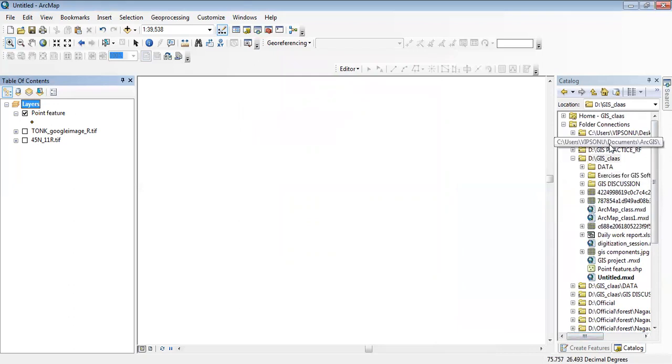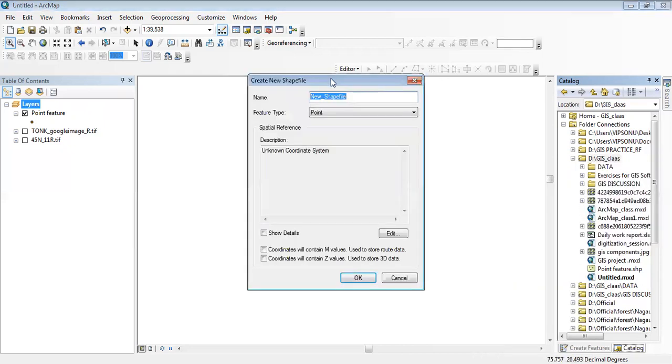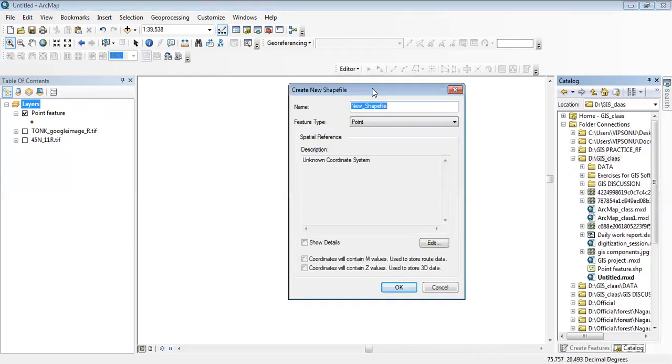So go to our catalog and right click on the folder in which you want to create your shapefile, and then right click and click on new, then select shapefile, then we can name it as polyline, and here many options: point, polyline, polygon, multi-point, multi-patch. So I select polyline